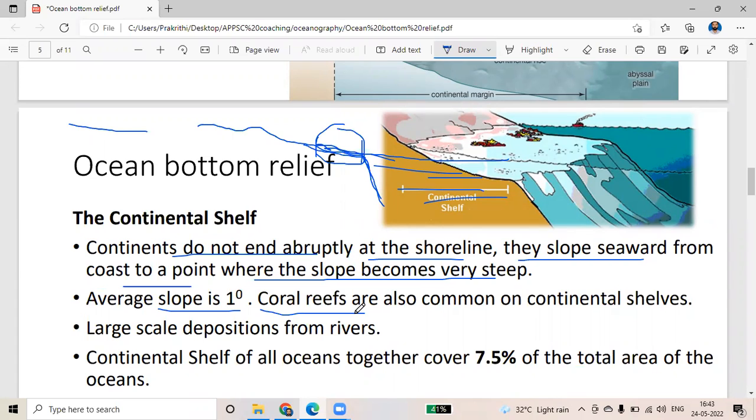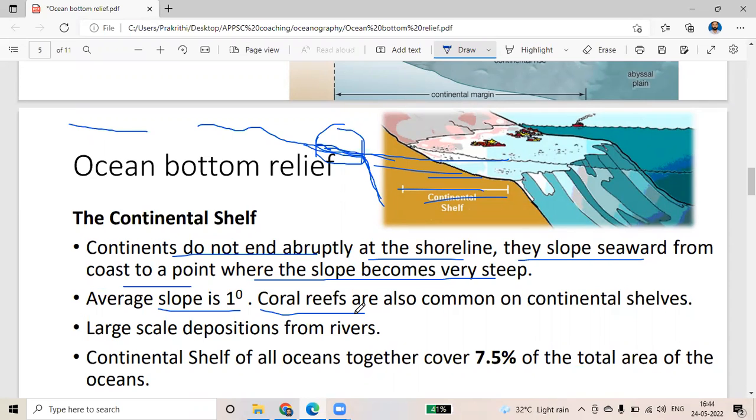These are usually the weathered materials that are carried from the land area. Now when we study the salinity of the ocean, you can understand that the rivers carry a lot of weathered materials. It consists of the salt materials also. Whatever weathered rock particles there are, they will carry them and deposit them at this particular continental shelf